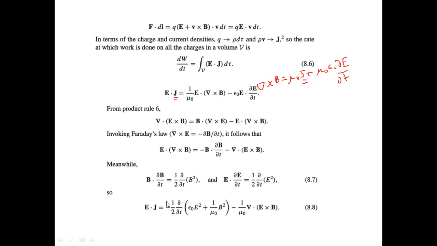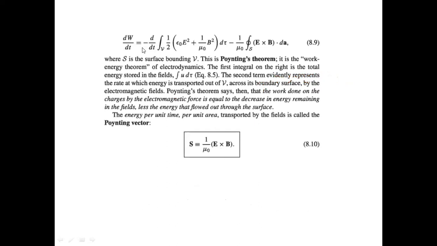Now we substitute for E dot J. So all these values we put in here, and we get this formula for E dot J. Now this E dot J has to be substituted here. So when you substitute it here, let's see what we get. So this is what you get. Now you have an expression where the first term, the first integral on the right, is the total energy stored in the field. So if you leave out this dt inside this integral, this is the total energy stored in the field. And the second term evidently